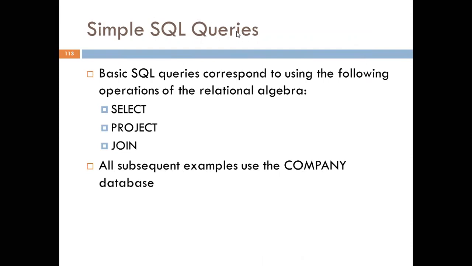Each query will have three basic operations, that is select, project, and join. We shall discuss these operations later. Select means selecting the attributes, project is the conditions, and join is linking two tables. These things we'll discuss when we discuss relational algebra. So these three are related to relational algebra.